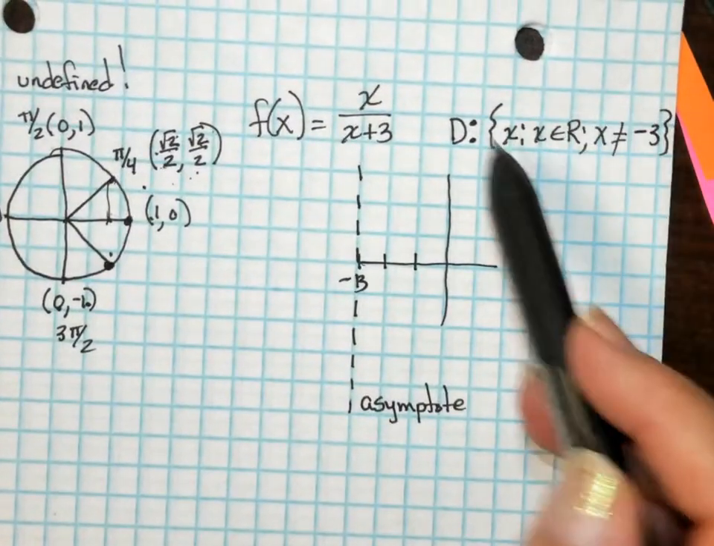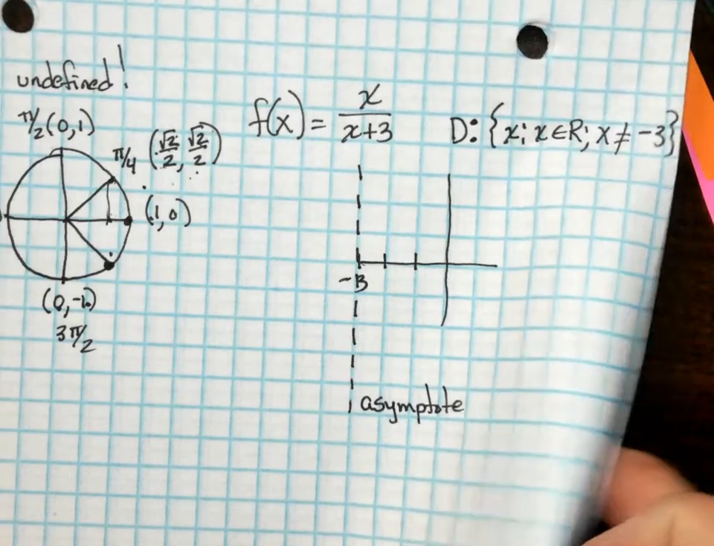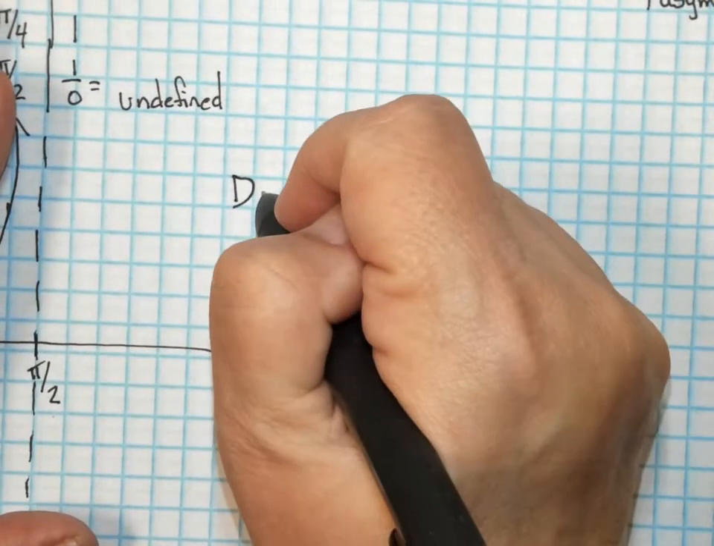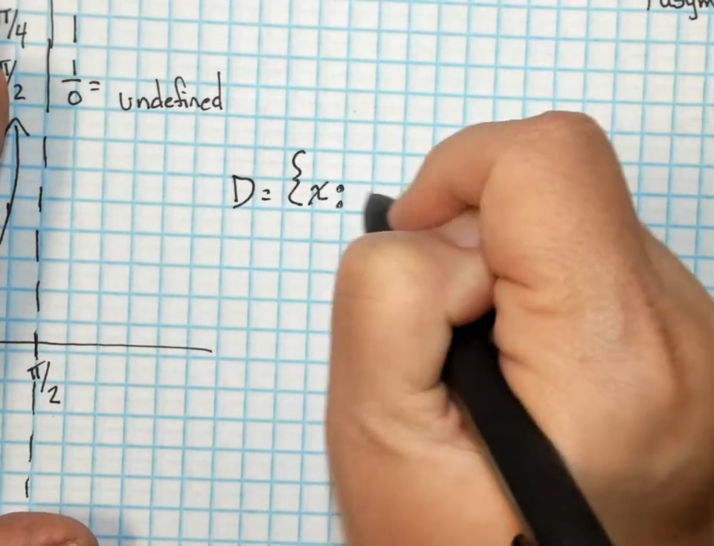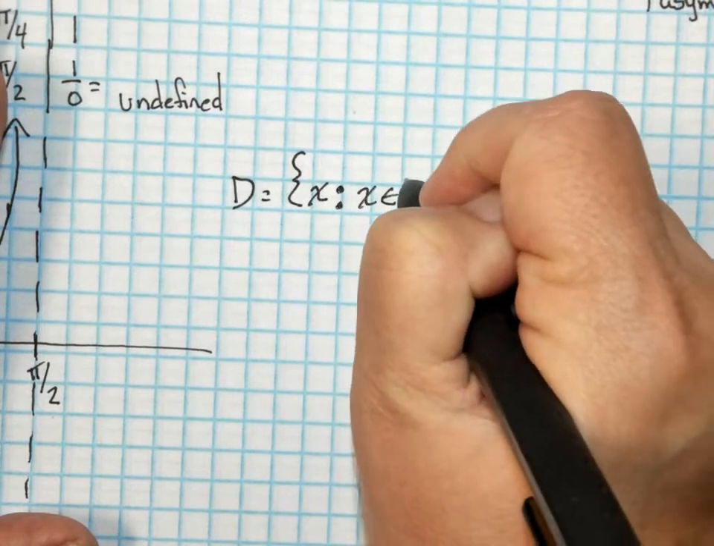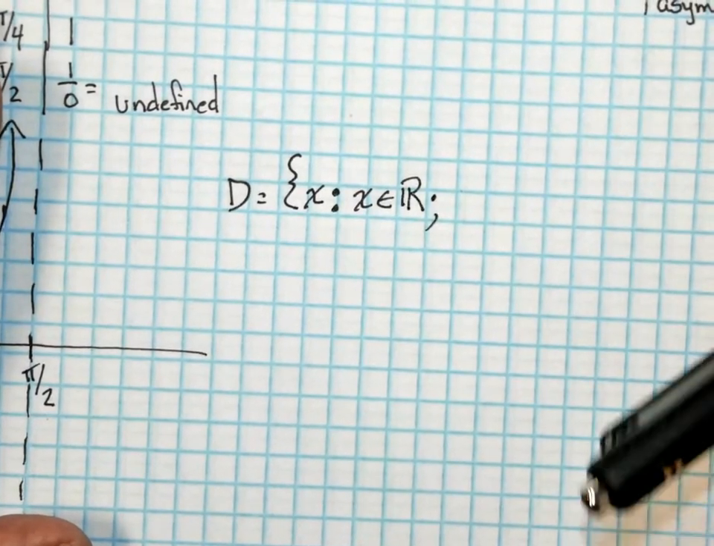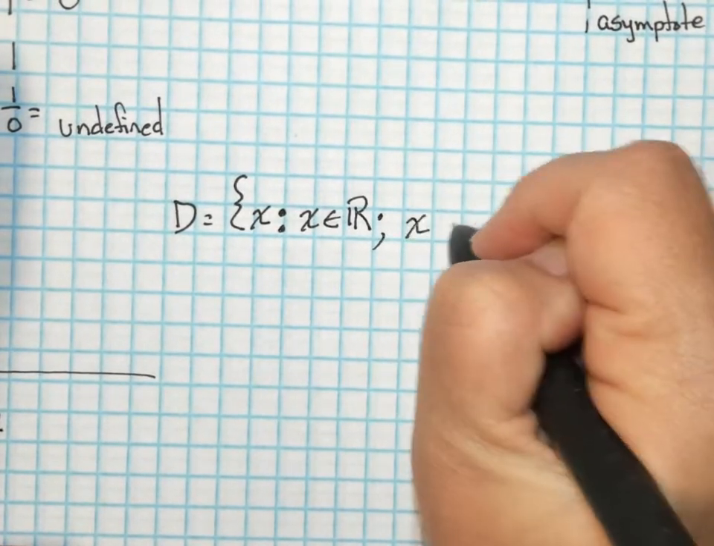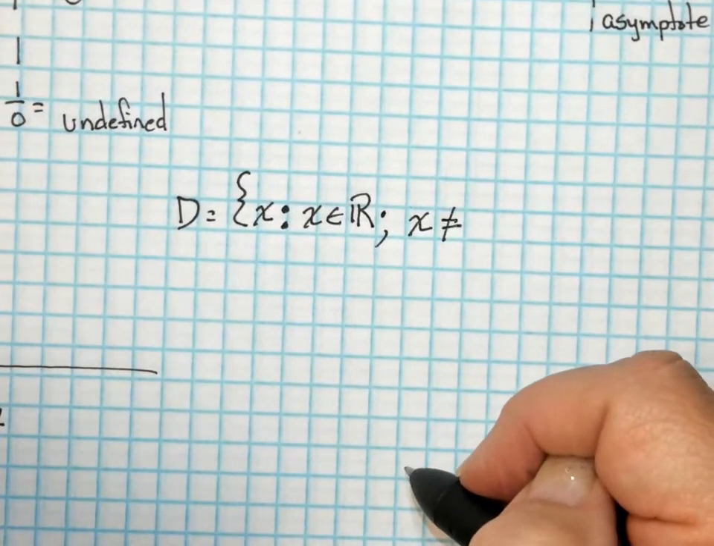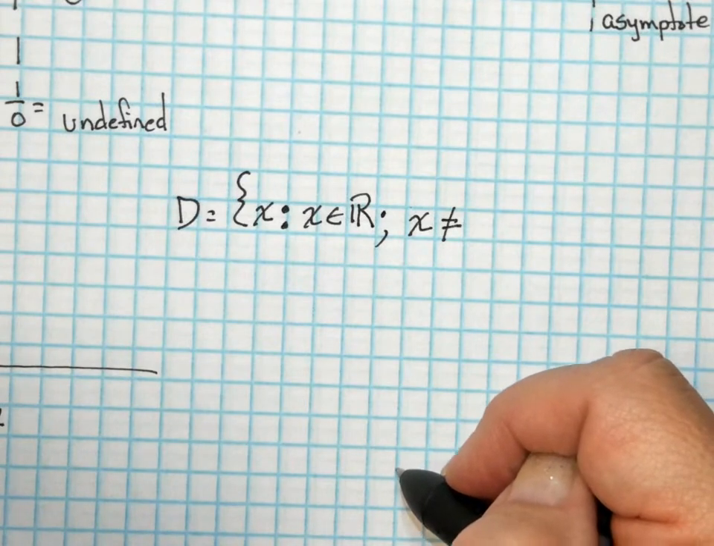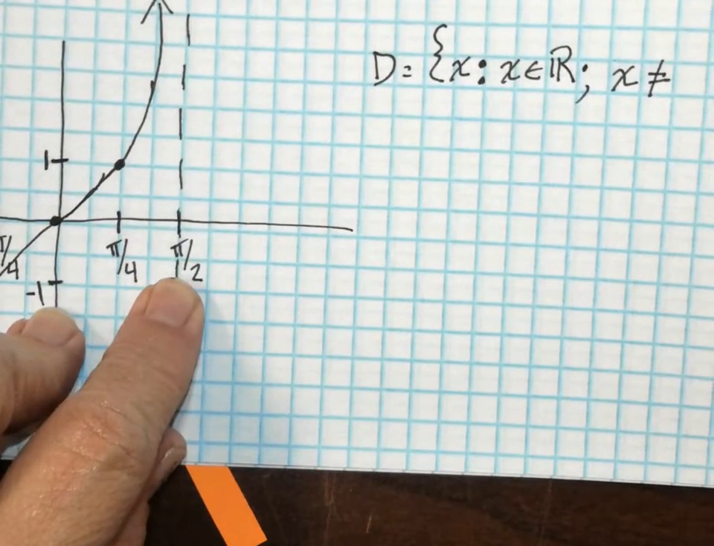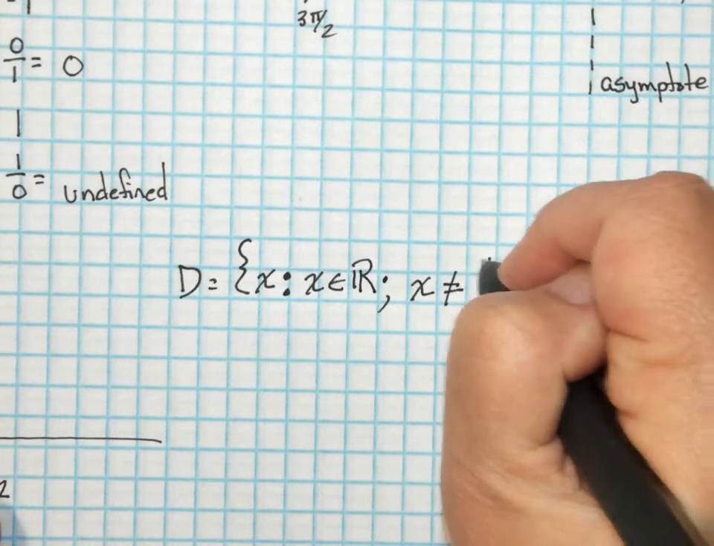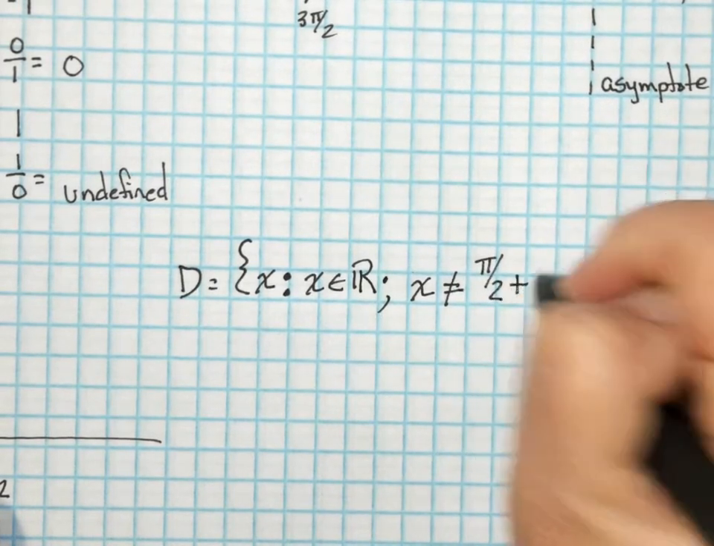So keep this in mind, right? It's going to be the same format. So our domain is going to equal the set of x such that x is an element of the real numbers, okay? But x cannot equal... so let's look at what it cannot equal. It can't equal pi over 2 plus